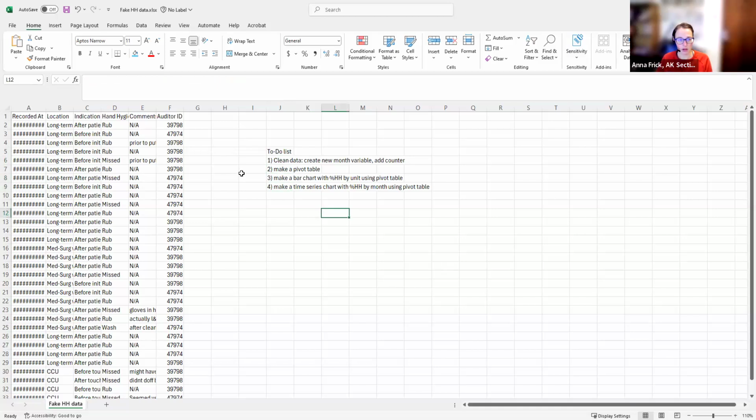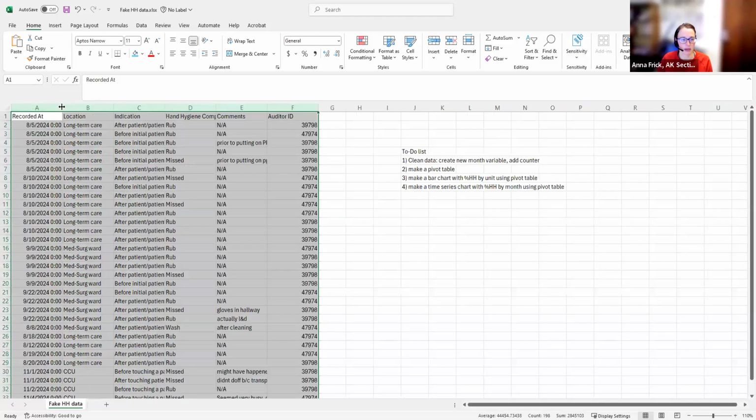There's more than one way to do all of these tasks. I have a certain sort of style and process that I like to follow because I end up having to download a lot of data and process it and send out tables to lots of different people. And so I like to do things the same way every time in a very reproducible way, whether I'm doing it in Excel or in a different program, so that I can leave myself an easy way to figure out what I did if I need to do it again in the future or if someone asks me a question about it that is a little more technical.